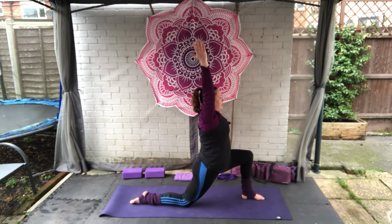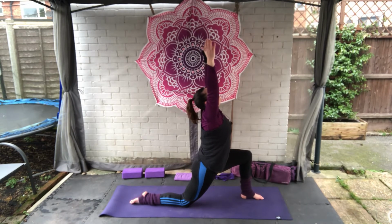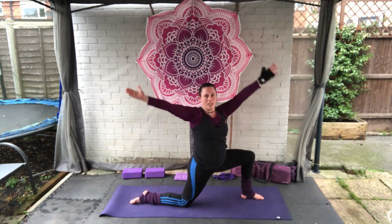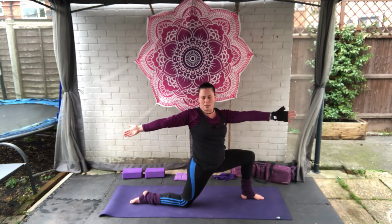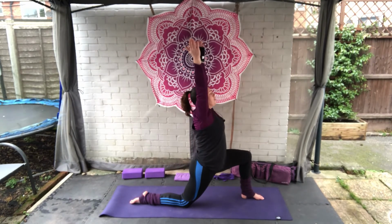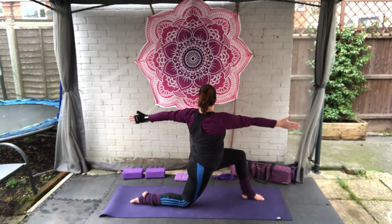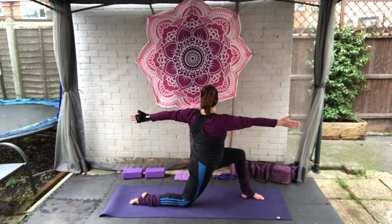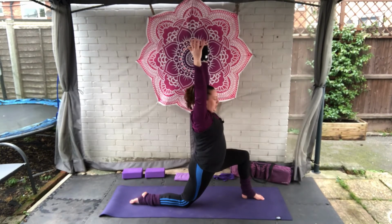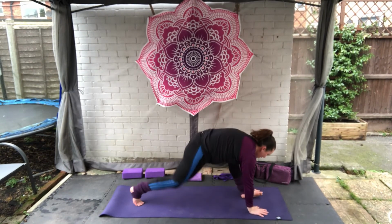Again, we're going to take this into our twists. So as you breathe in, stretching tall. As you breathe out, turning to the right, first time this time. Breathe in, stretching tall. Breathe out, turn to the left. Breathe in, stretch tall. Breathe out, hands frame the foot, tuck the toes under at the back, stepping back to